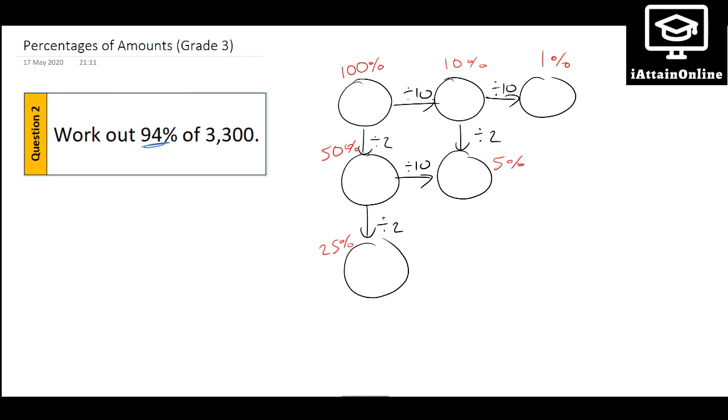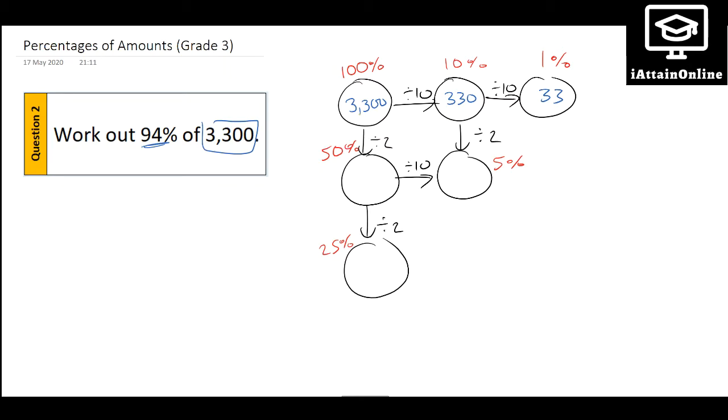So now what we're going to do is put those values inside the bubble. So this 3,300 represents 1 whole, or 100%. That is 3,300. Divided by 10 gives me 330. Divided by 10 again gives me 33. Half of